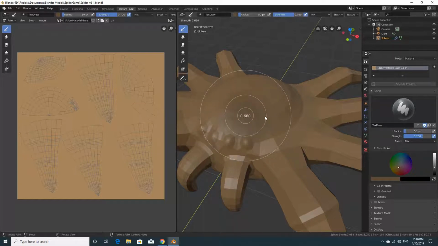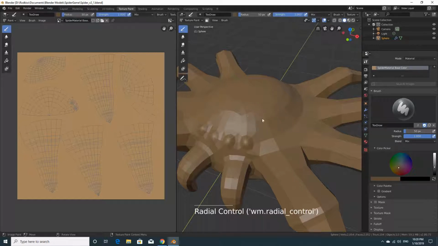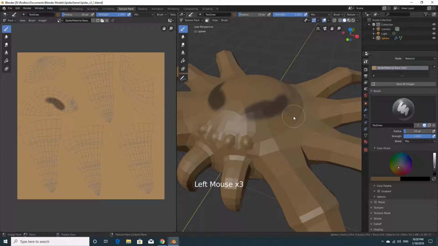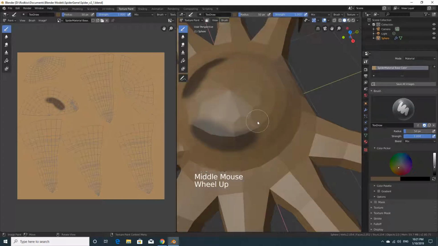So if you want it to be quite powerful, you can put the strength all the way up, and I'm going to try and make some black or darker brown across this. So I'm just going to try and create some stripes across the back of this spider. If you zoom in,